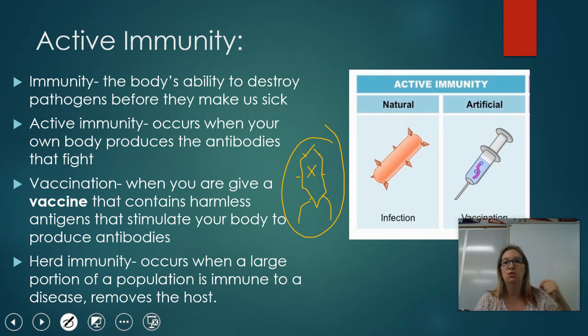Even if the majority of people are vaccinated, not everybody gets vaccines, and we're going to talk about that in a minute. Most people get vaccines, okay? The measles vaccine. Since most people have the vaccine, that disease can't travel very quickly. It has to wait until it can find a host to get into. And so you hardly ever hear of cases of measles anymore because so many people have had vaccinations.